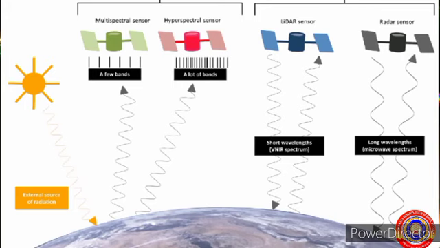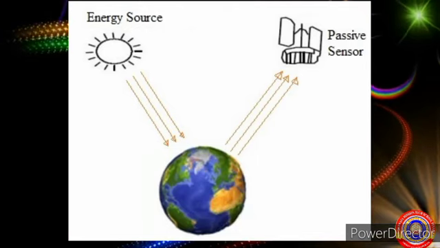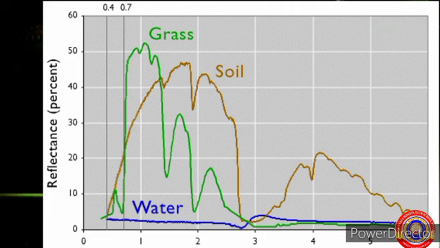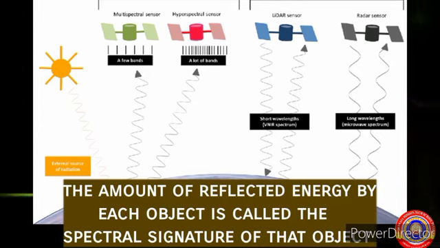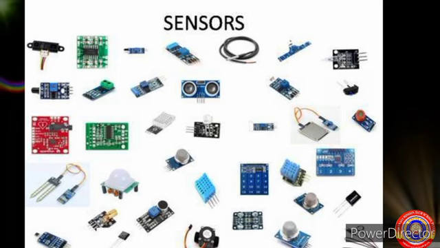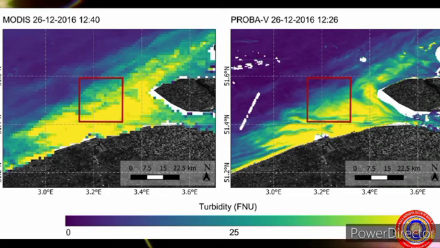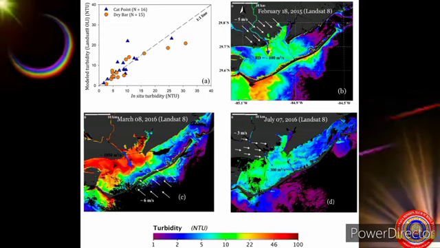Sensors record the electromagnetic radiation either reflected or emitted by the objects. Each object on the surface of the Earth reflects electromagnetic radiation in different measures. The amount of reflected energy by each object is called the spectral signature of that object. The sensors on artificial satellites distinguish objects on the Earth's surface based on their spectral signature and transmit the information